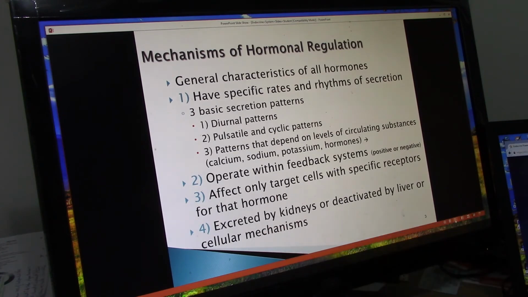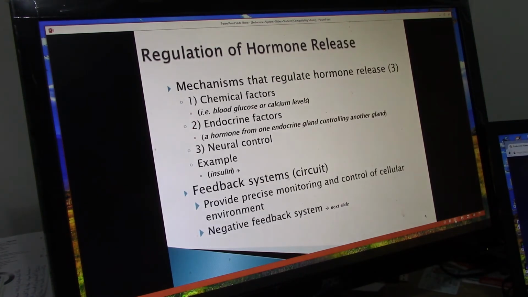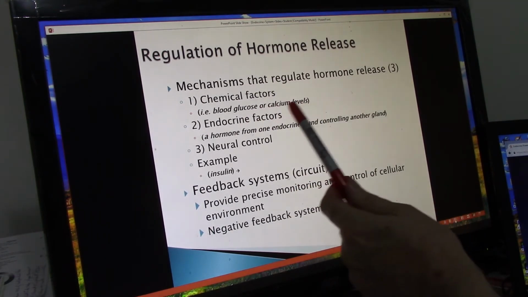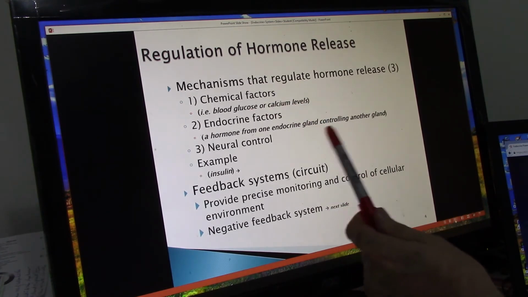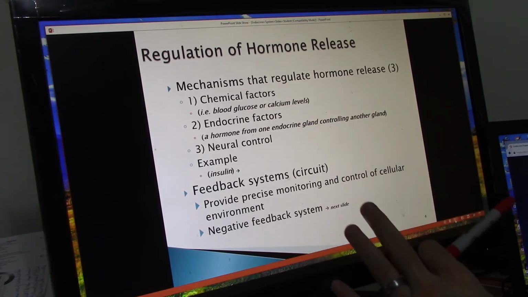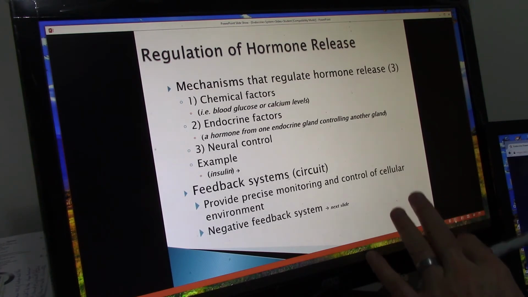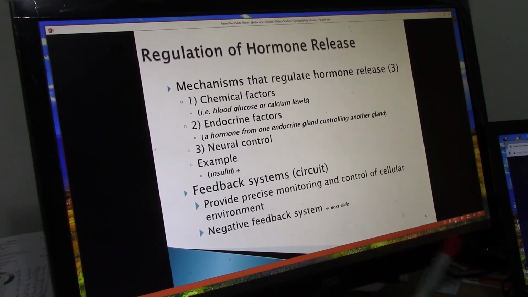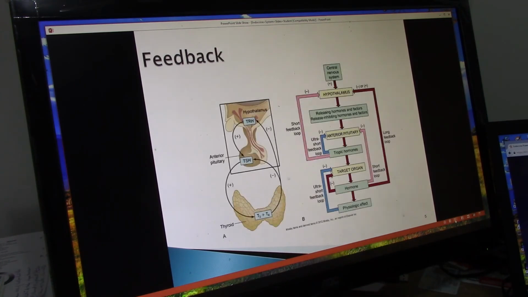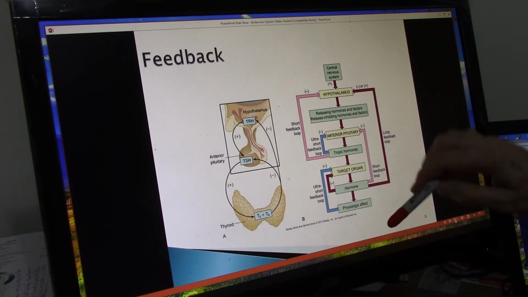Okay. Now, again, regulation of hormonal release, the chemical factors, depending on the levels in the blood, will affect whether or not we have too high or too low a concentration, and then that will affect what happens. The feedback system, again, that's really a very, very important feedback method, and that will be shown on your next slide here. And you saw this in your McCants book, but just to kind of refamiliarize,